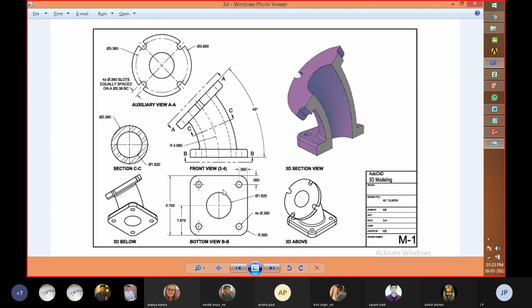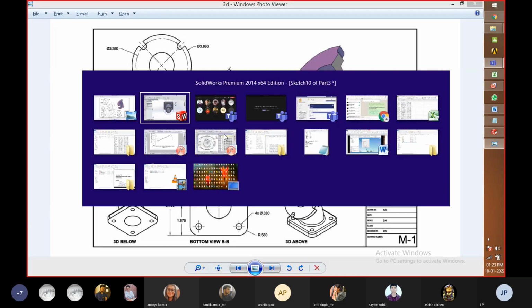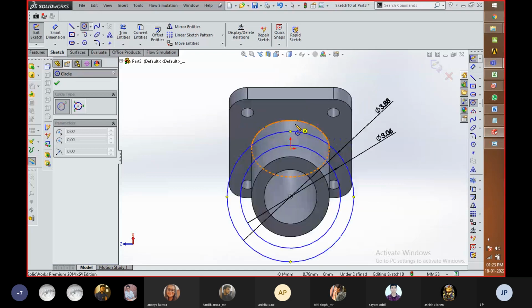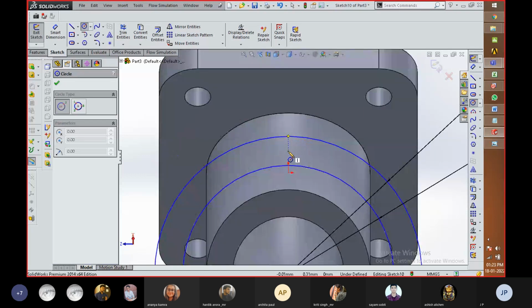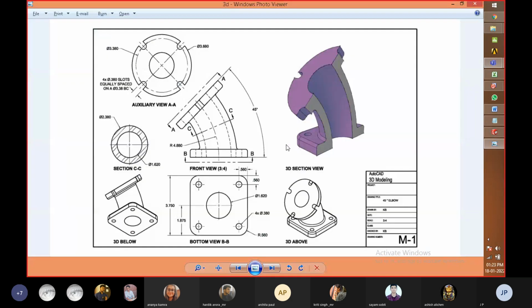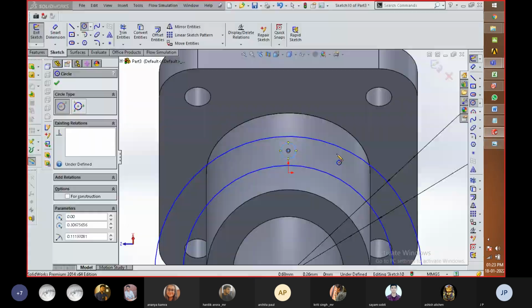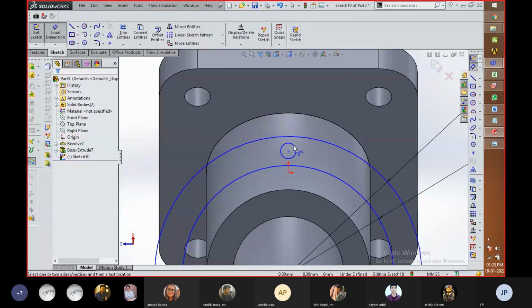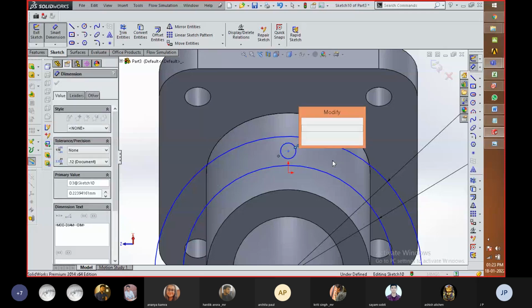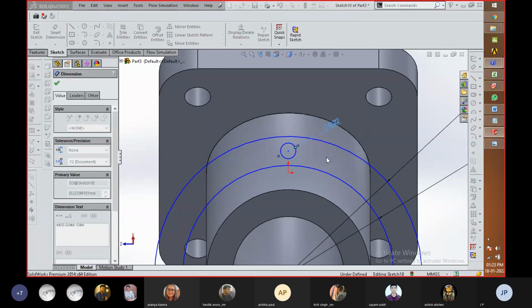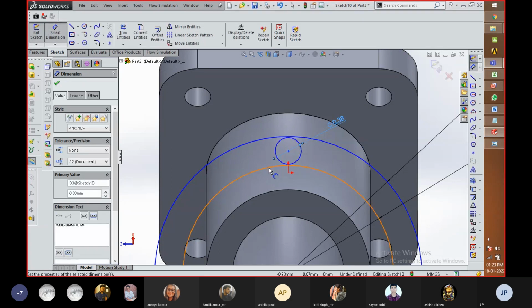I'm going to create a circle over here, and this is around 3.380. A circle is created.